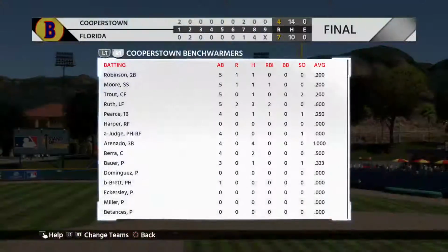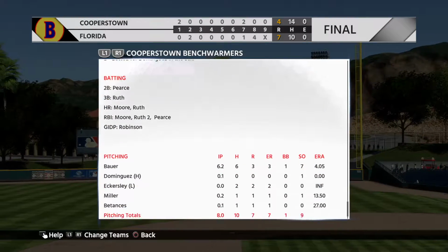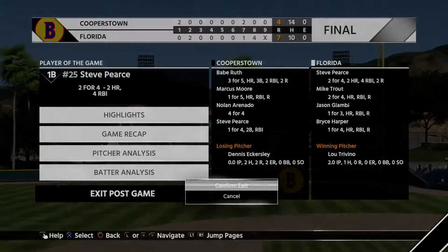And they did some damage offensively in this one, enough to get the win, and this man led the charge. He's our top player of the game. Yeah, he came through with a multi-hit game, and more importantly,